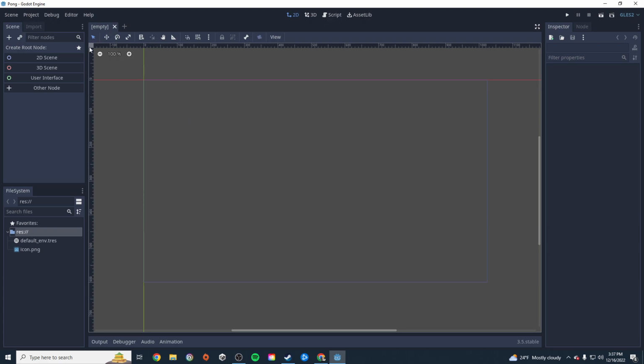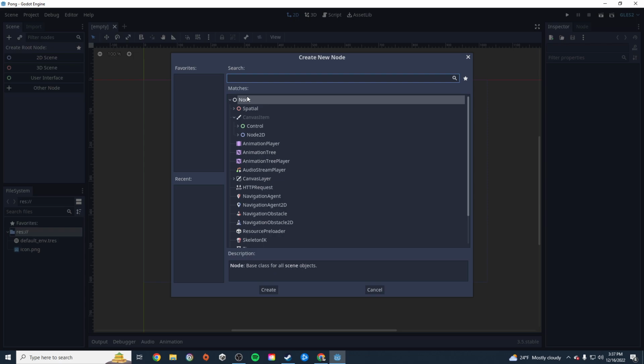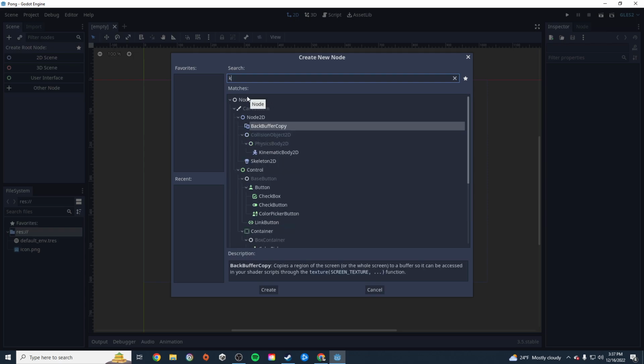Now, with this new scene, we need to pick a root node, basically the main node inside of our game. So the root node for this is going to be something that can move around in 2D space. The best node for this would be kinematic body 2D. So we're going to click on this plus button here,